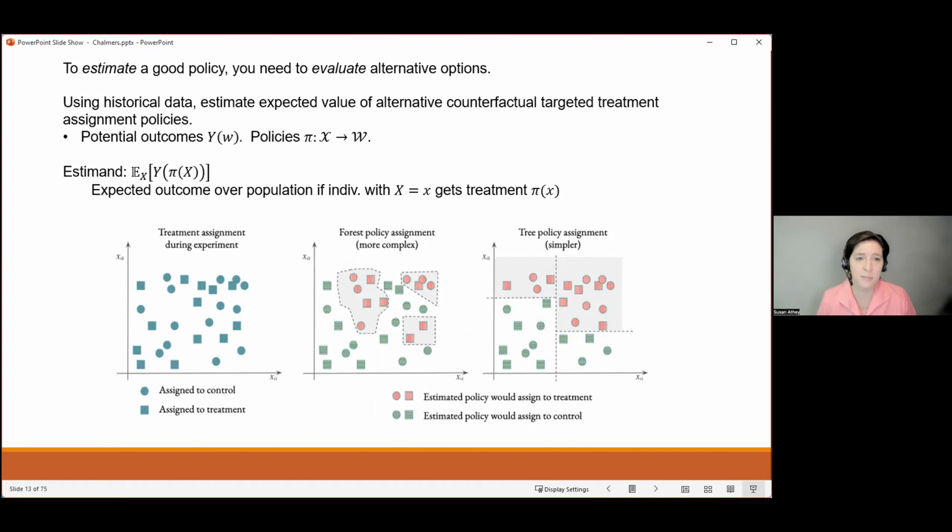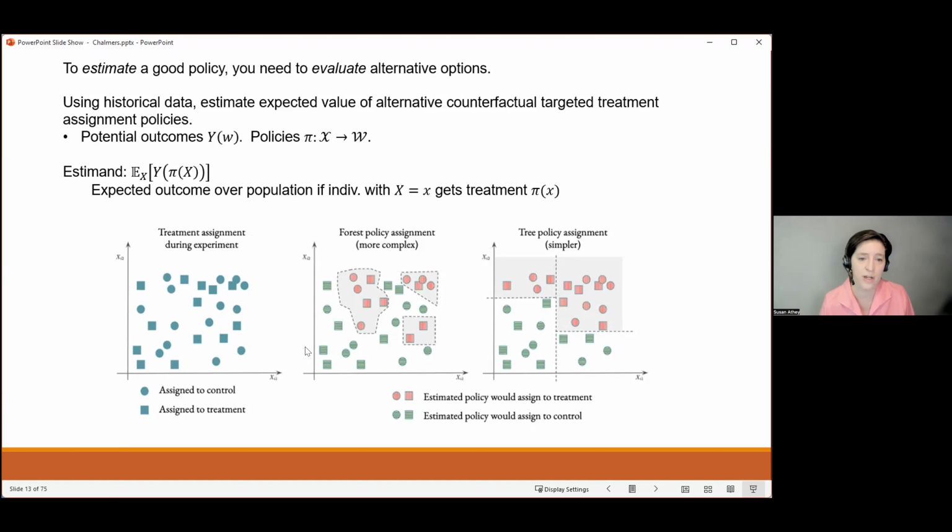So then we want to go estimate a treatment assignment policy. So we're trying to now estimate a policy that maps from covariates to treatments. And then we want to estimate the impact of different alternative policies. So to think about it, that might seem like a complicated problem where the policy is a potentially complex function mapping from the space of X's to the space of treatments. But actually, if you have randomized data, evaluating a policy is not that hard. So over on the far left, I've got the axes representing covariates, say X1 and X2.